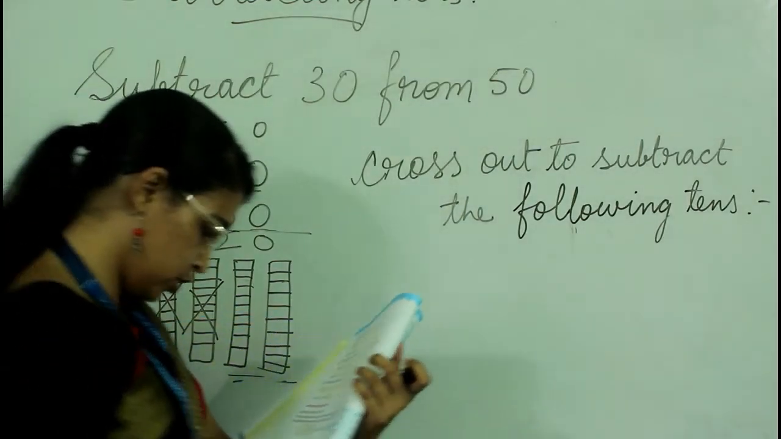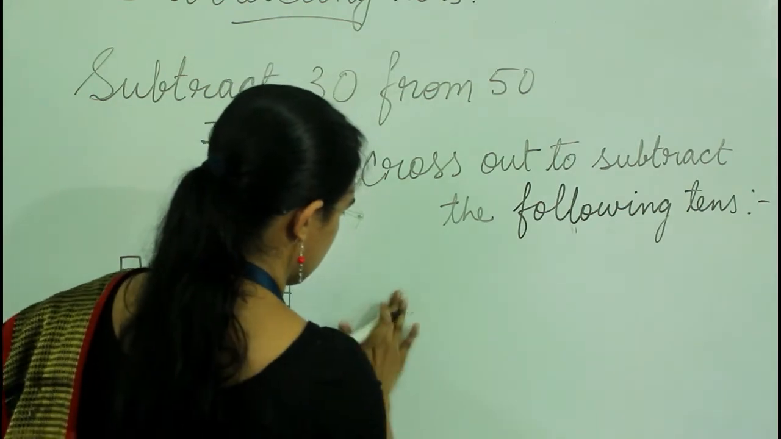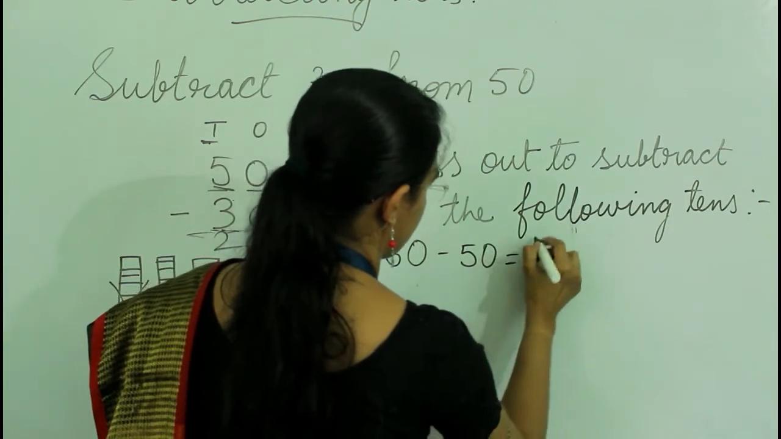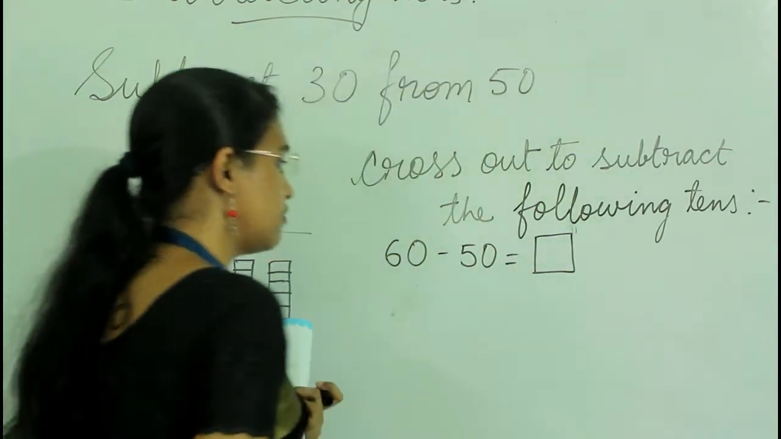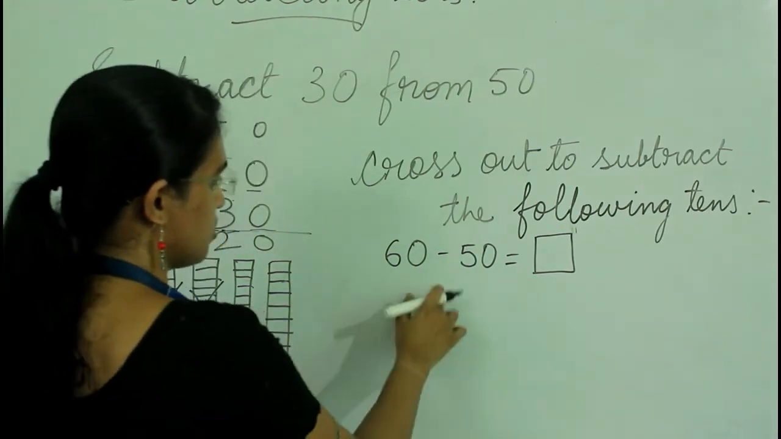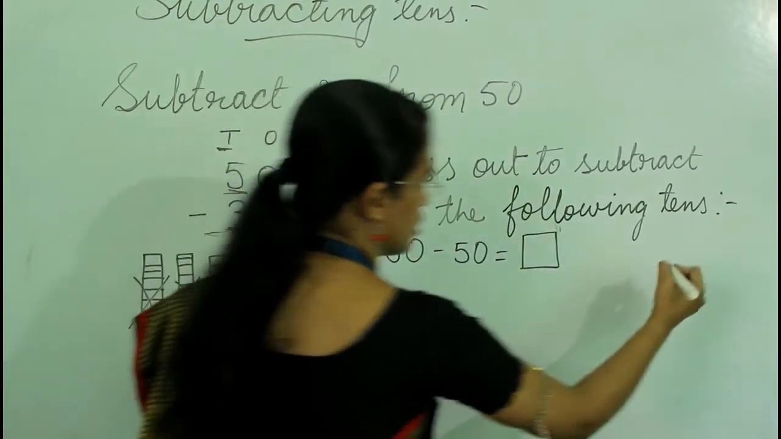So first question is 60 minus 50. We have to find out this answer. Here we have 60 and here we have 50. If you put this in tens and ones place,